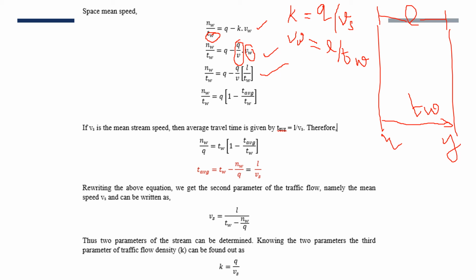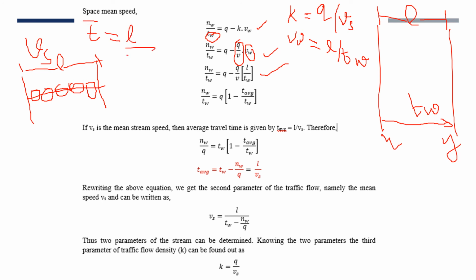So let's think about the concept of space mean speed. When we introduce space mean speed, we said it averages the speed of the vehicles over a space. So consider there are vehicles and we are counting the time taken for the vehicles to travel this L stretch, and from there we are calculating the speed of individual vehicles and then the average speed of vehicles. So here T average we have got, and we have written this as L divided by space mean speed. So this L by V represents the average travel time.